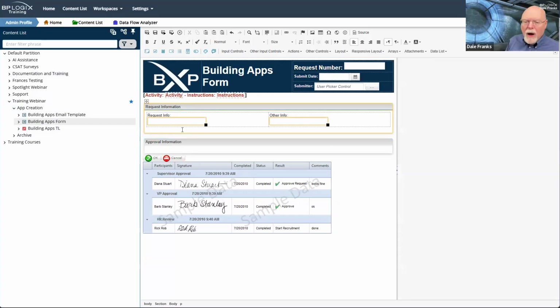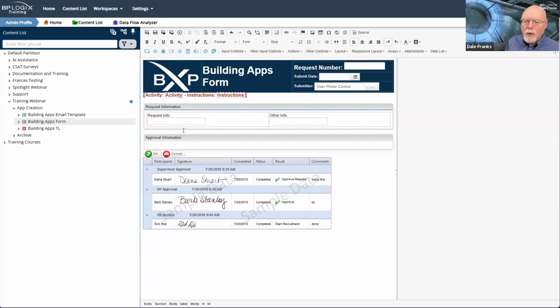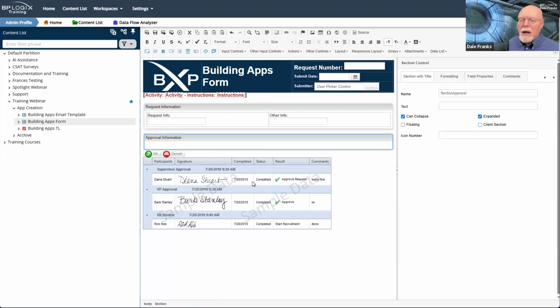So what we are going to do is we are going to do two things. The first thing I'm going to do is get rid of that extra space on the bottom of the top section for request information so that we don't have some extra white space that we don't need. The second thing we're going to do is go here to this approval information, and we're going to do two things. First of all, we are going to ensure that it is not seen whenever it's a new form instance. So we are going to have to hide it in that case.